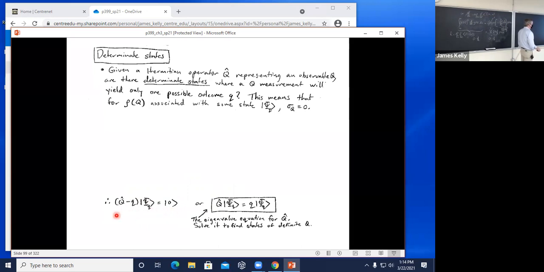I'm thinking of a different argument here. All I have to do is distribute this out and put big Q times this on one side and little q times that on the other side, and we find that we've gotten down to an eigenvalue equation for Q. So the upshot is that if you want a state where, when I measure the operator Q, I only get one value, little q,